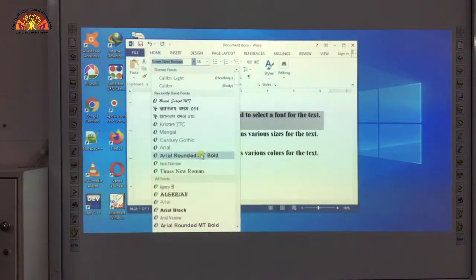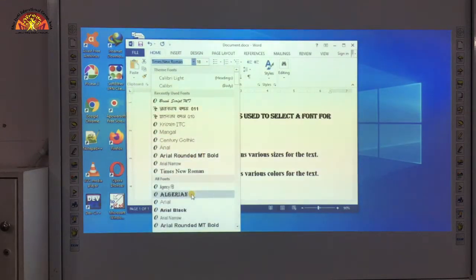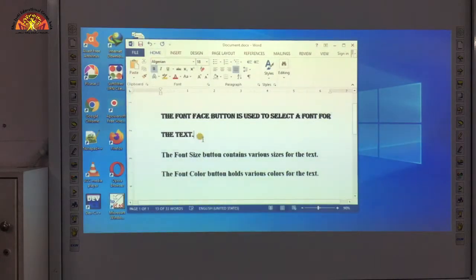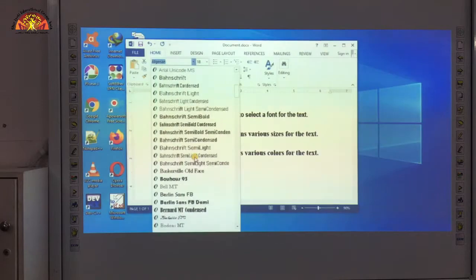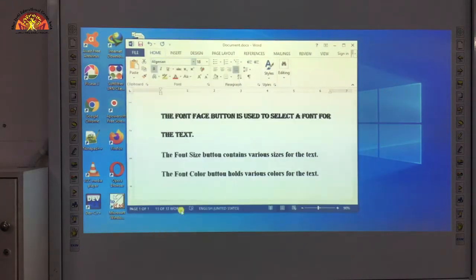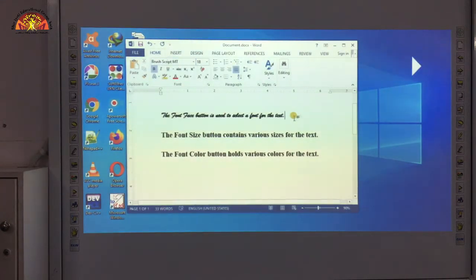Here you can see different font faces available for your text. Okay, here you can see, student, the font face of the text has been changed. Now see once more, select the text and click on other font face.